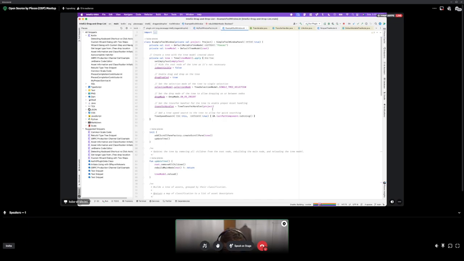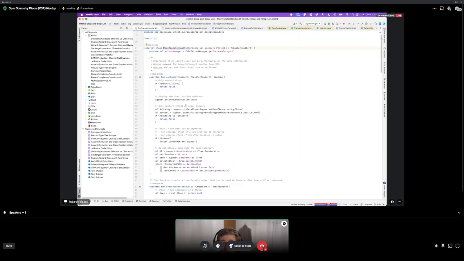And the drag and drop itself is relying on what is called a transfer handler. In our case, there's a simple class called tree transfer handler, but this is our own class. We can name it however we like.